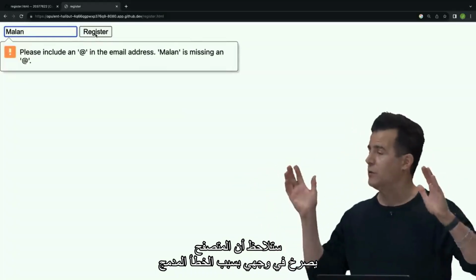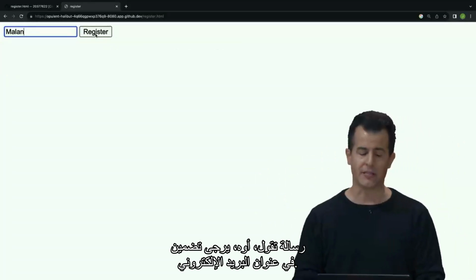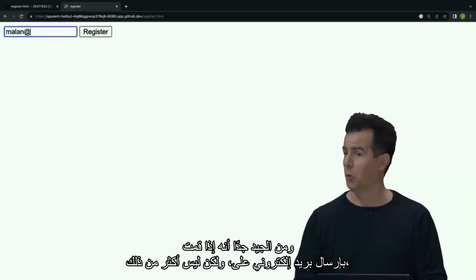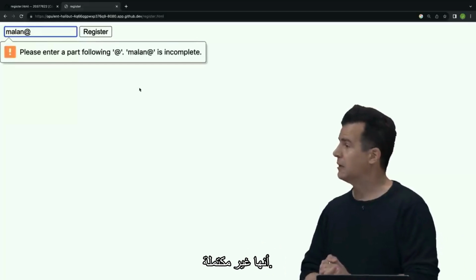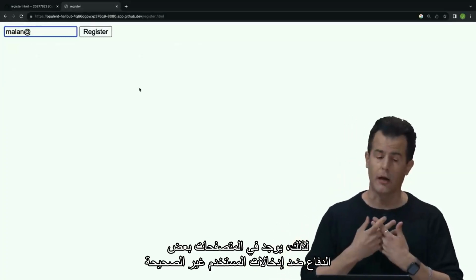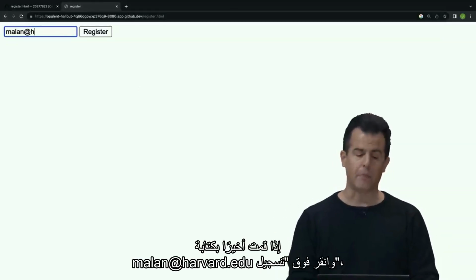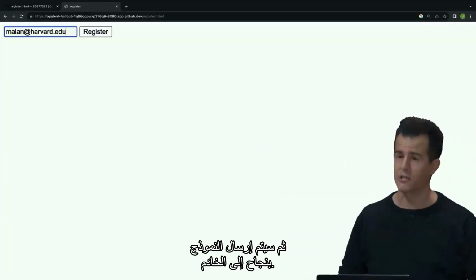browser yells at me with the built-in error message saying, oh, please include an @ in the email address. And it's pretty good in that if I do mail an @ but nothing more, which is also not valid, and try to register, it's telling me still that it's incomplete. So built into browsers is some defense against incorrect user input in this way. If I finally do type in like mailin@harvard.edu and click register, then the form would be submitted successfully to the